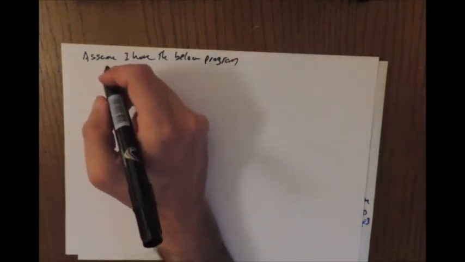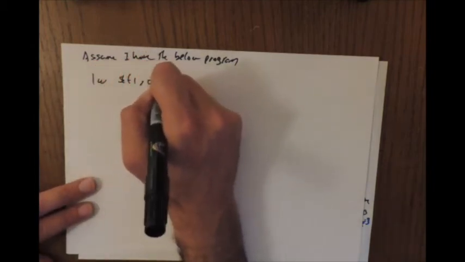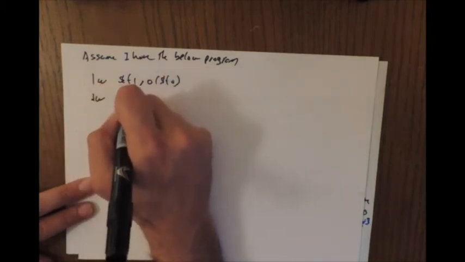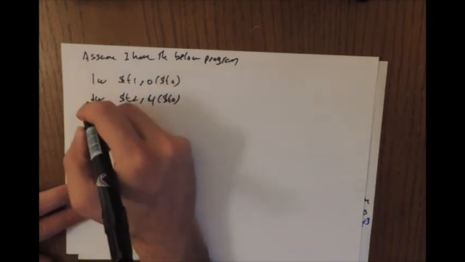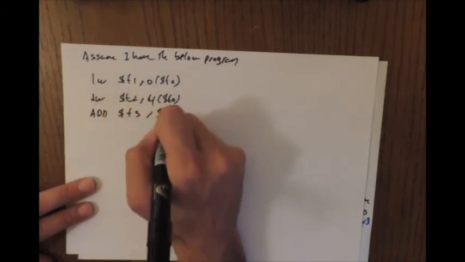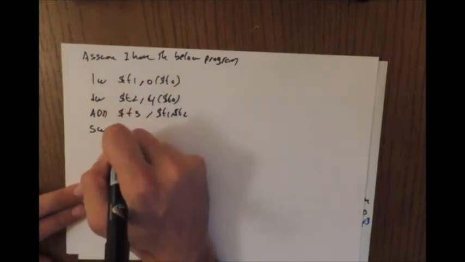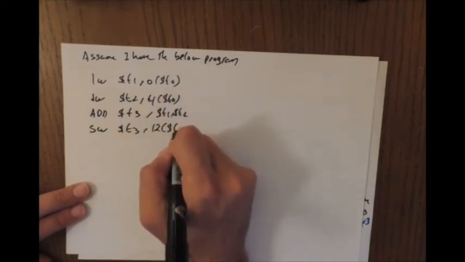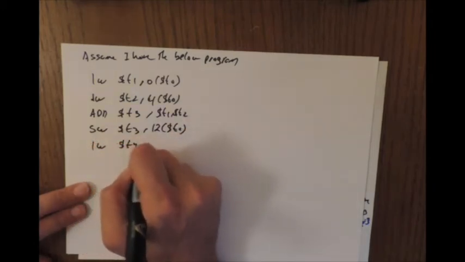Okay, so I'm gonna say load dir t1 0.t0, then I'm gonna say lw .t2 for .t0. I have add .t3 .t1 .t2, and I have sw .t3 12 .t0. Then I have load .t4 8